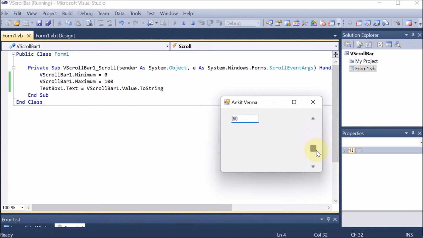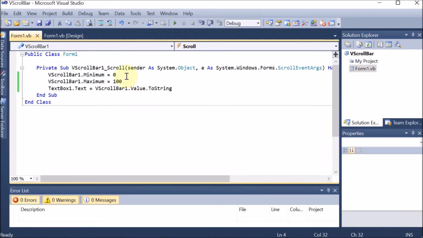Many times you will see that the last value is not 100, it is 91. The reason is that this moving element also has some size, so some values just go behind because of that. It is not going to the extreme corner, because there is some size available. So it can start from 0 and go till 100, but the minimum and maximum values cannot be achieved all the times. So we are going back, we are dragging and dropping one more label here.